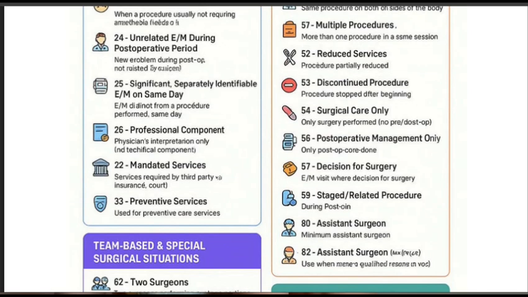80, assistant surgeon. When minimal assistance is given by one surgeon to another surgeon, if two surgeons are performing and one is just assisting the other, in that case we have to give the 80 modifier. And the 82 modifier is for the assistant surgeon who gives the maximum services, or in the absence of the main surgeon. If the assistant surgeon is performing in the absence of the main surgeon, in that case we